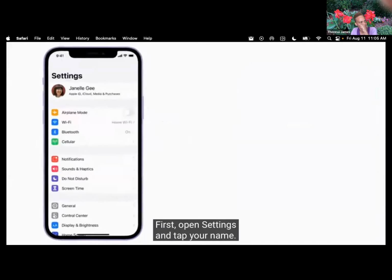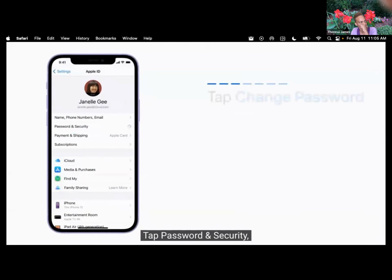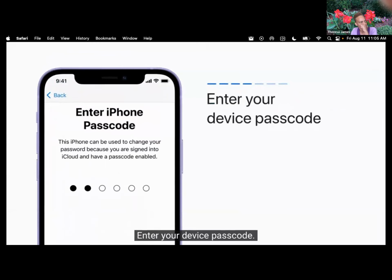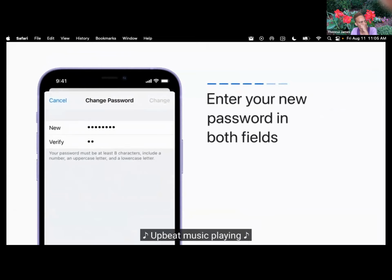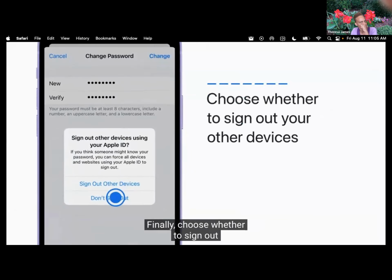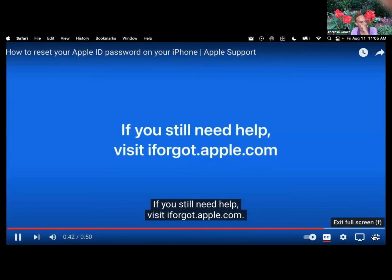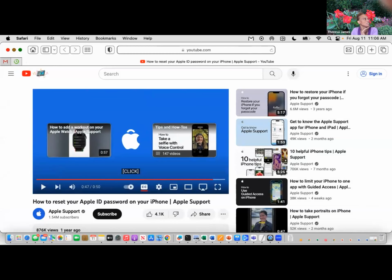Here's how. First, open settings and tap your name. Tap password and security. Then tap change password. Enter your device passcode. Now enter your new password in both fields. Tap change to confirm. Finally, choose whether to sign out any other devices that are using your Apple ID. If you still need help, visit iforgot.apple.com. Okay. All right, so that's for those of you who may have to reset your password at some point,